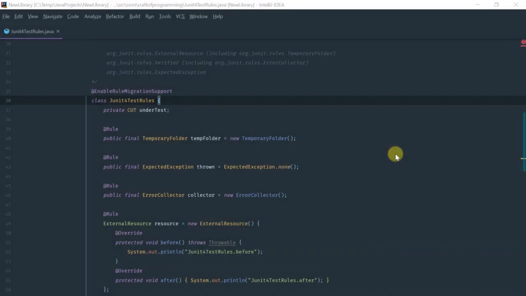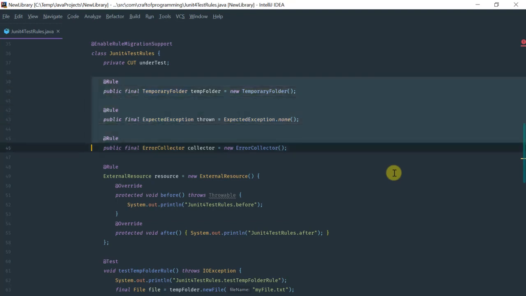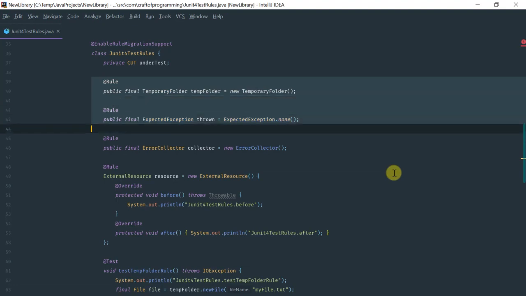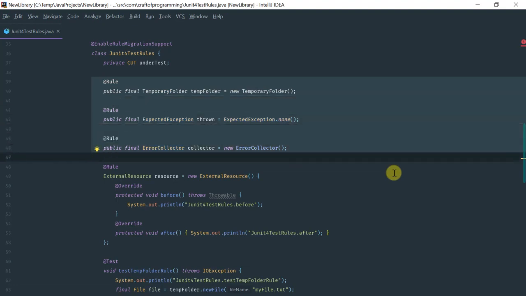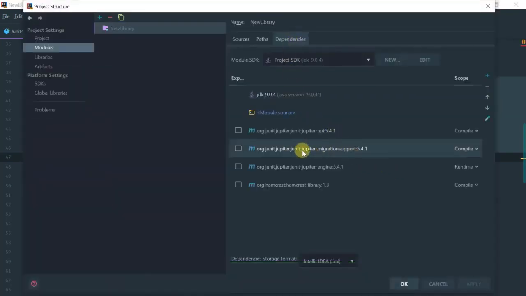In this video, I'm going to show you the limited support that JUnit 5 adds for JUnit 4 rules. The support in JUnit 5 for JUnit 4 rules is quite limited, and pretty much only these three rules are supported. And the way to add support for them is you need to add the